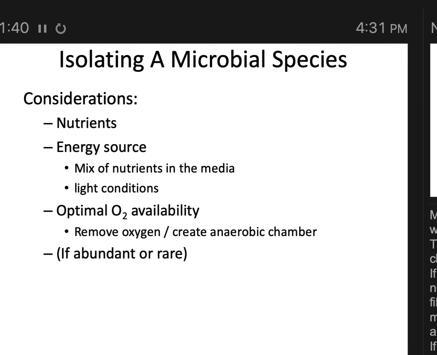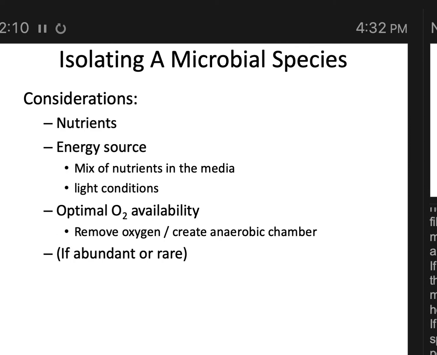You also would want to know if the particular microbe that you're interested in is abundant or rare. If the bacteria are very rare in the original sample, there are ways to increase the numbers of bacteria so you can work with them more easily. You can run, for example, water with bacteria through a filter so that lots of bacteria accumulate on the filter, and then you put that filter onto the media. You can also use enrichment culture that's designed to encourage the growth of a rare species if you're interested in